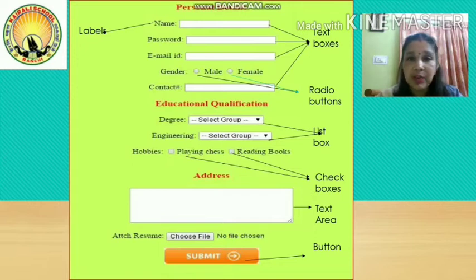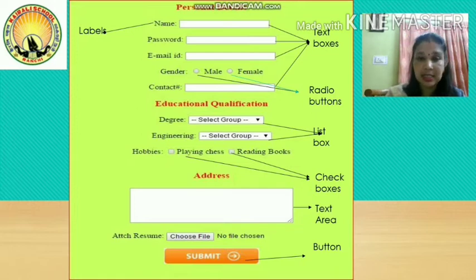Like in HTML, all the things which you want on the body part of the web page, we write inside body. And if you want a form to be created, all the controls which you want to place on the form will be written inside the form tag only. I hope you have understood what we are going to study. Okay, so let's move on to the next slide here.